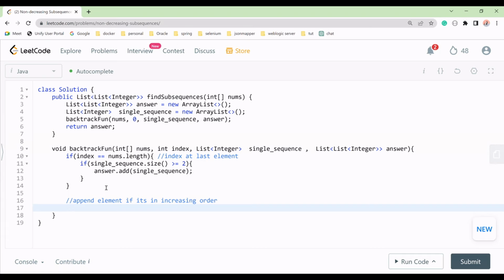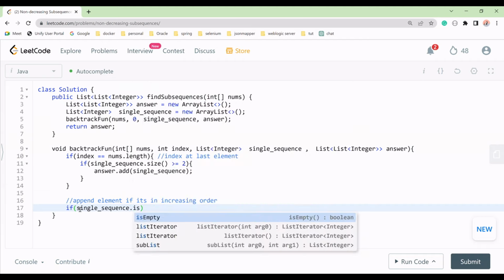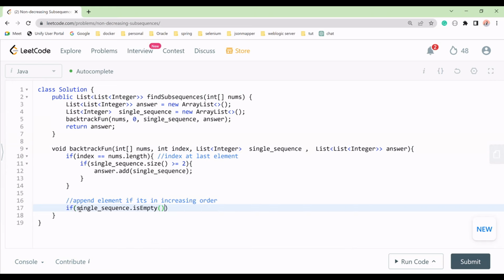So how will we do that? First we will check if the single sequence we have is empty, means whatever will come here at this last index, its value should always be less than or